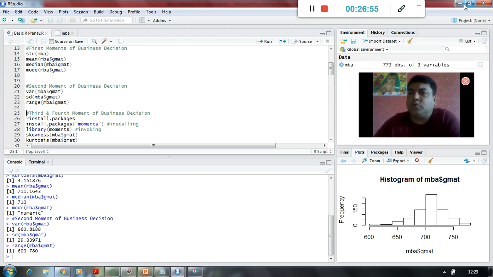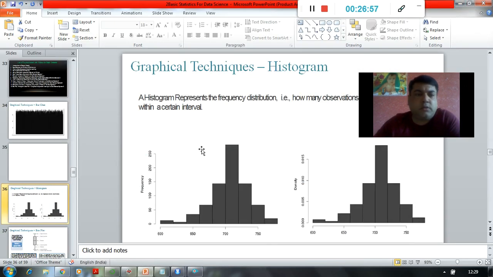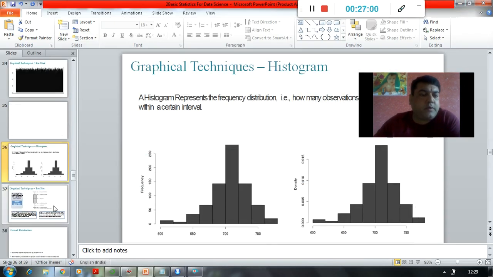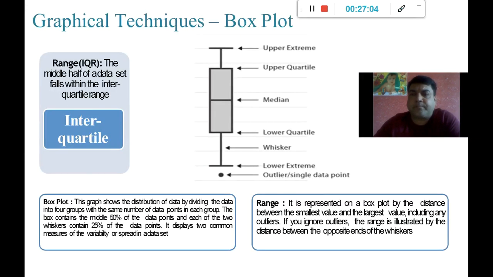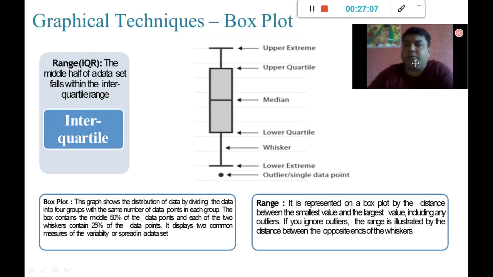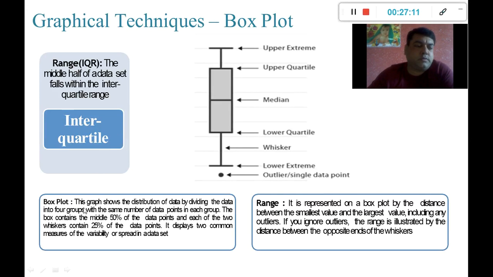So after looking at these two basic plots, one more plot we are going to discuss, and that is called the box plot, right? For the same data I am going to explain how a box plot will be used, and this is going to be a very, very important plot, right? Because if you remember, I have said that within the data at times we may have some sort of outliers.